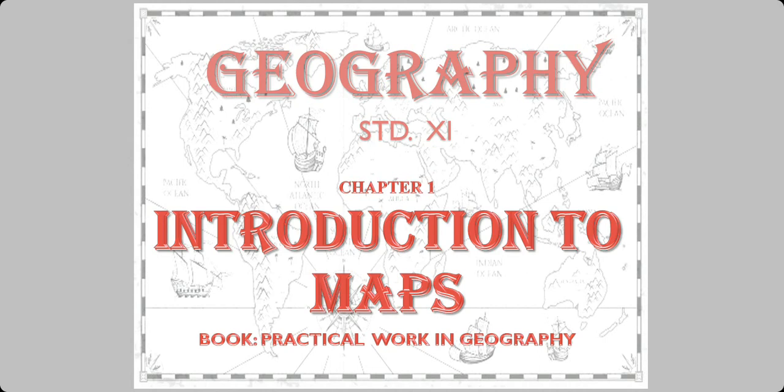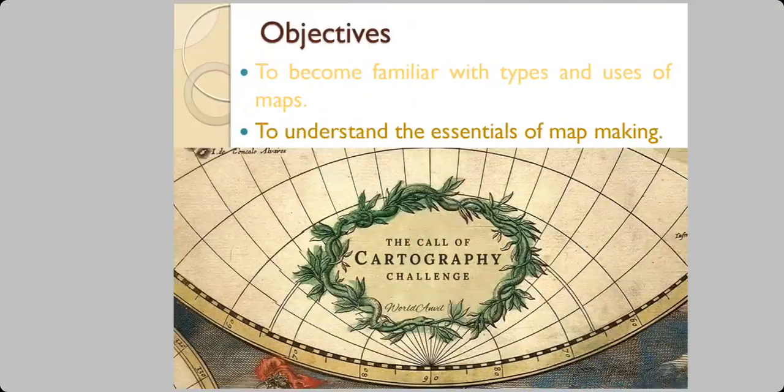Children, you have seen hundreds of maps in your lifetime till now. And this chapter is going to help you better appreciate what you see and how to interpret that, how to get the maximum from that, and even the way maps are made and what is important, what is to be included, how it is to be included, what are the problems one may face, and what could be the solutions. These are the things that are there in the chapter, and what are the uses of maps essentially. Then, what are the things essential for making a map? Now, these are the things covered in this chapter.